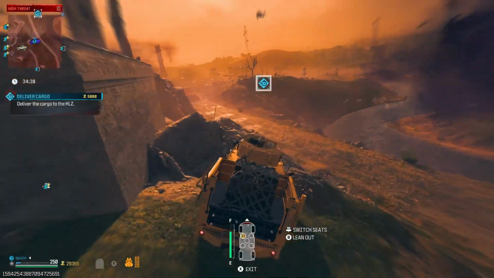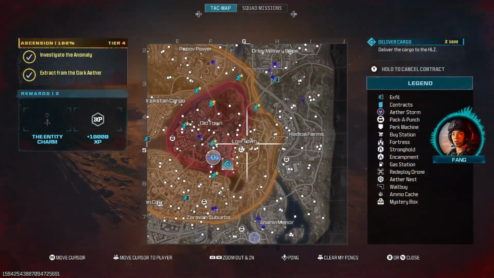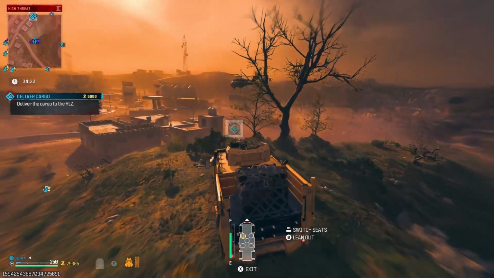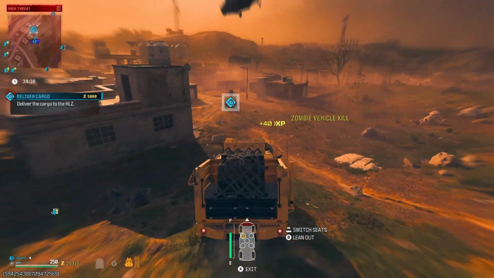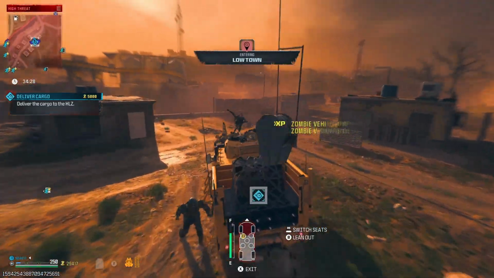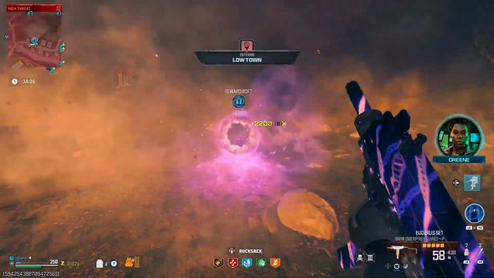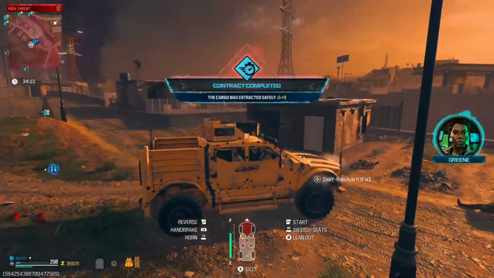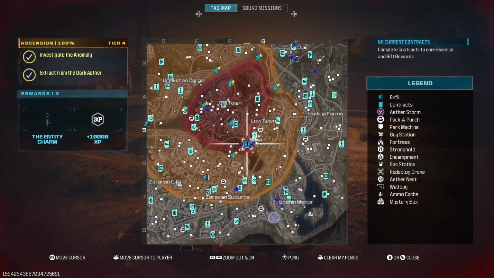It looks like we got a player here in the tier 3 zone. Don't mind a little company here. Maybe we can get some loot from this. Usually cargoes don't really offer too much. Okay, another self-revive, which I will take, because you never know what interesting things you could run into in the